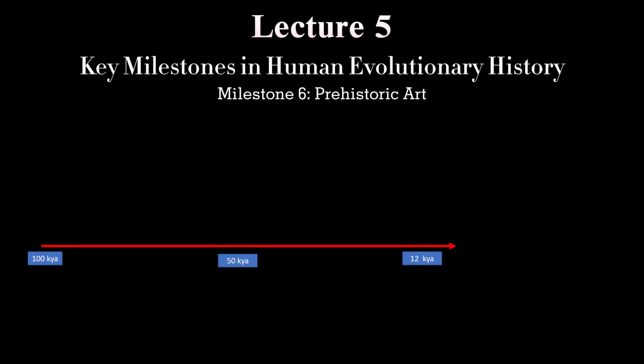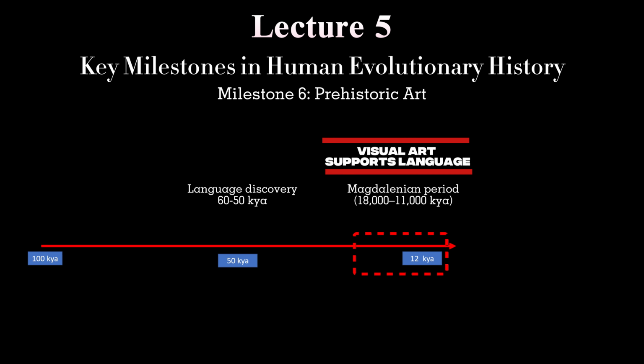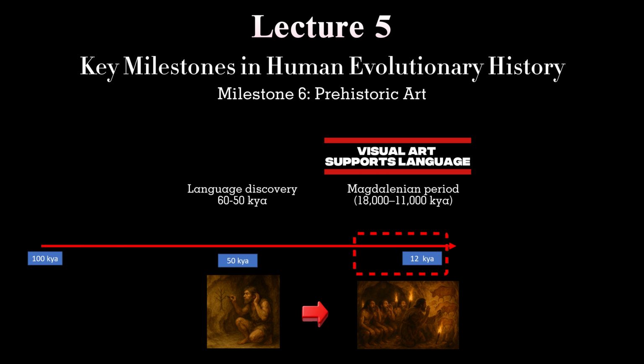We propose that the exquisite cave art of the Magdalenian period, 18,000 to 11,000 years ago, reflects a deep symbiosis between visual art and language. Once language began to spread among Homo sapiens populations, the older practice of addressing cognitive dysfunction through vocal expression accompanied by a visual image transformed into a ritual act.